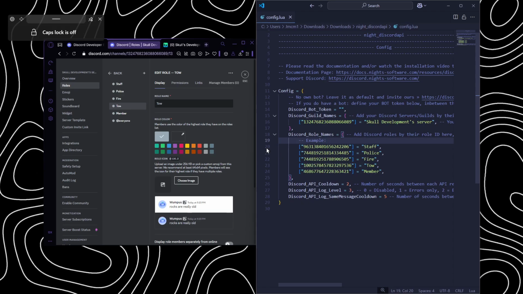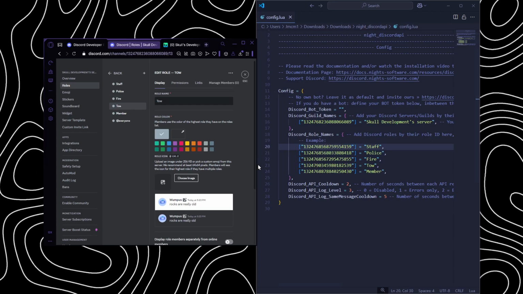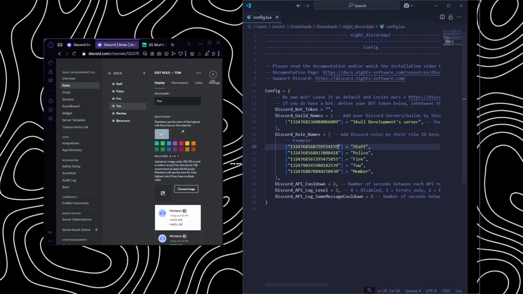I'm just going to remove this, for instance. Now what we're going to do is grab the role ID. So right click member, replace it there, same here for fire, same here for police, same here for staff. Now, for this to be basically finished, we're going to need a